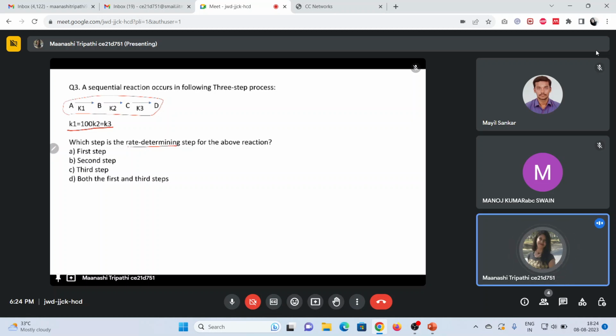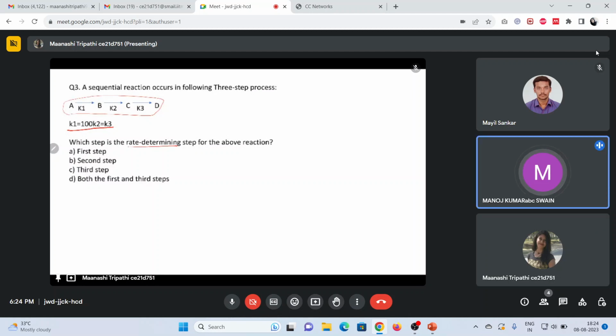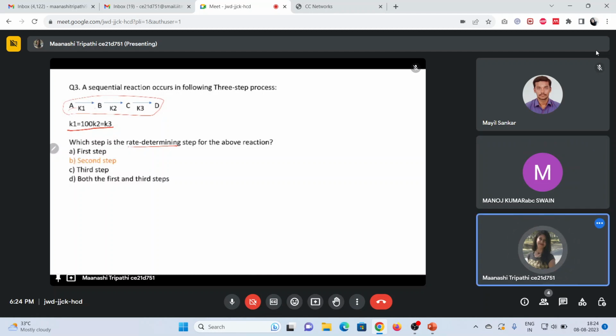This is a very simple question. I think the first step is the slowest step. First step, you mean from A to B? Yes. Is it correct? No, it's not. The answer is option B, because when you move from A, just take an example, there are